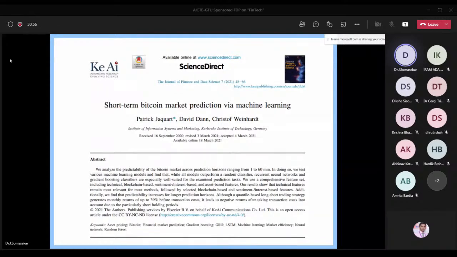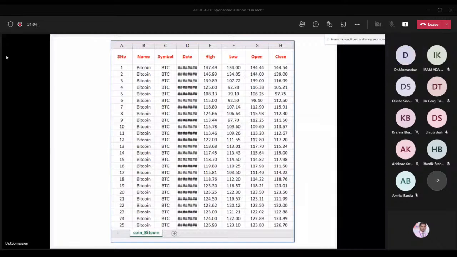This is published elsewhere. Of course, these things we'll discuss in detail when we go to further slides. And this is the data set I'm going to use in the entire session. Of course, other data sets also exist, but I will show the resources where you can download the data set, even the latest information up to yesterday's data. I will show a website where you can download the data set if you are looking for any research publication or any research kind of work. I'll explain all these details. Don't worry about this data set.